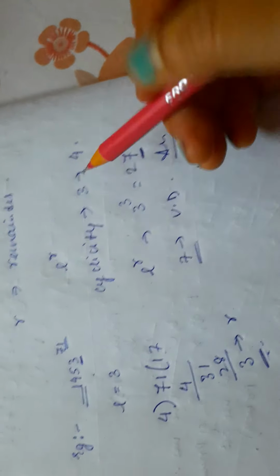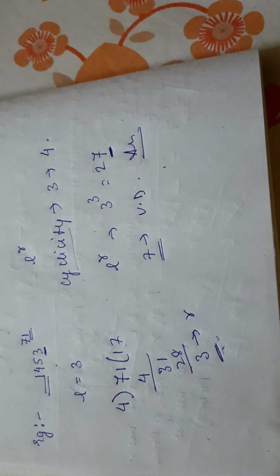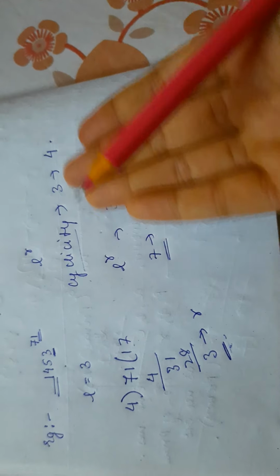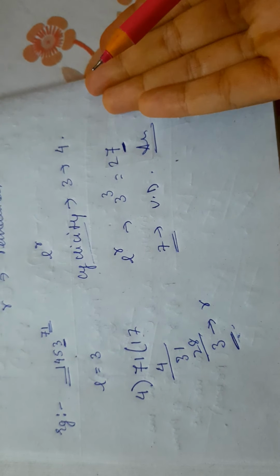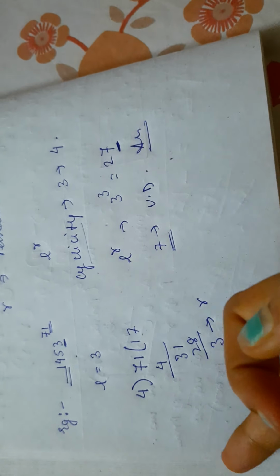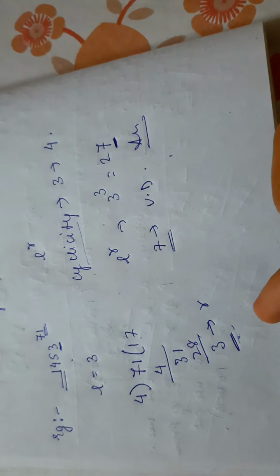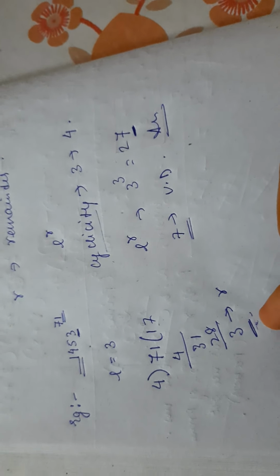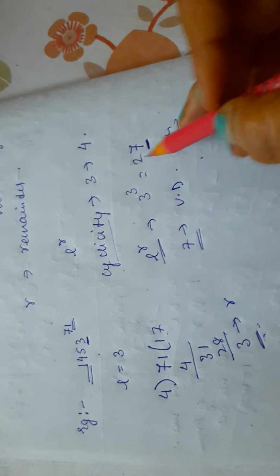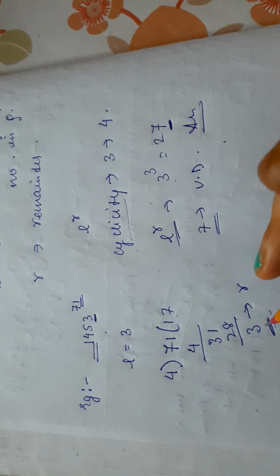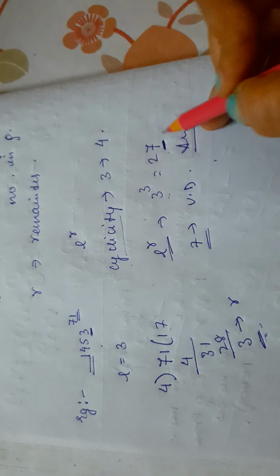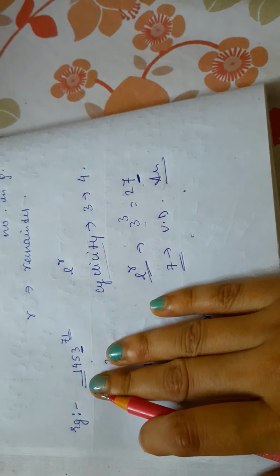So L to the power R. So cyclicity is very important. As we know, my last digit is 3 and cyclicity of 3 is 4. So what we have done, we have just divided 71 with this 4, with the cyclicity of the number. 71 with 4, so I got the remainder as 3. According to my formula of last digit or unit digit, that is L to the power R, I've used 3 as my last digit, and remainder R is 3. So 3 to the power 3, that is 27. 7 is my unit digit, which is the answer of this question.